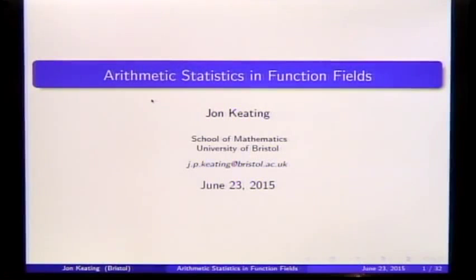So to motivate this, I'm going to talk about one particular arithmetic statistic in some detail to give you a flavor of the kind of context and motivation, and then I'm going to go through some other cases that have been of interest more recently to us. So the case I want to go through by way of an example